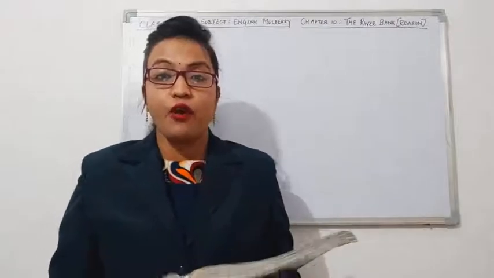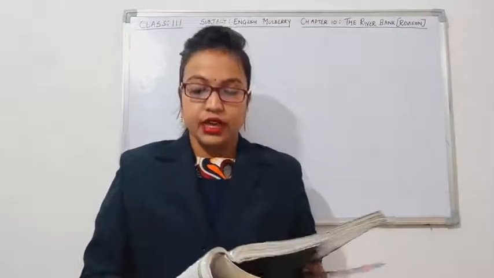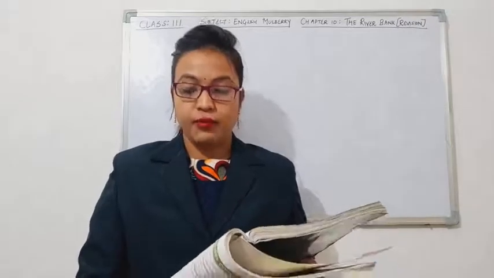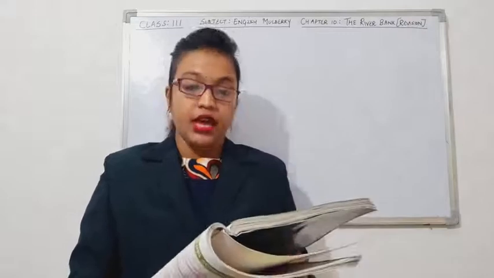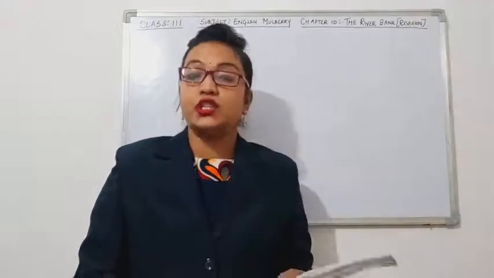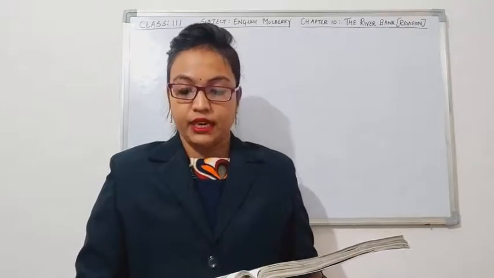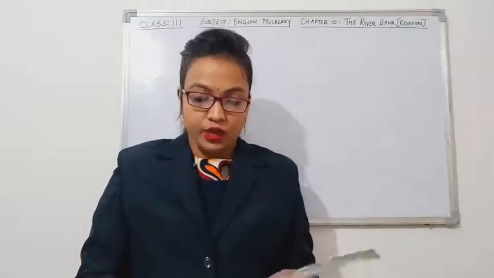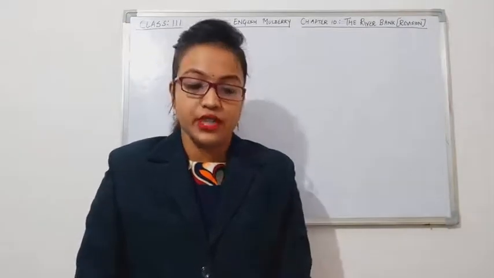Seventh word is forepaw. Forepaw means front paw of an animal. Eighth, sway. Sway means a slow movement from side to side in a rhythm. Ninth, messing about. Messing about means enjoying his time. 10th, have a long day of it means spend the whole day doing something you like to do. So these were the word meanings of the chapter.